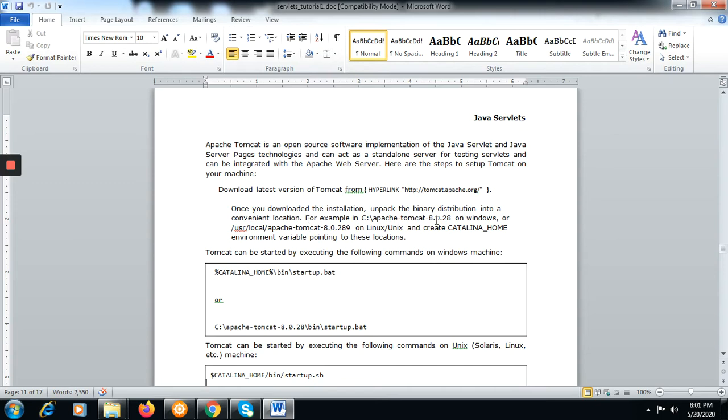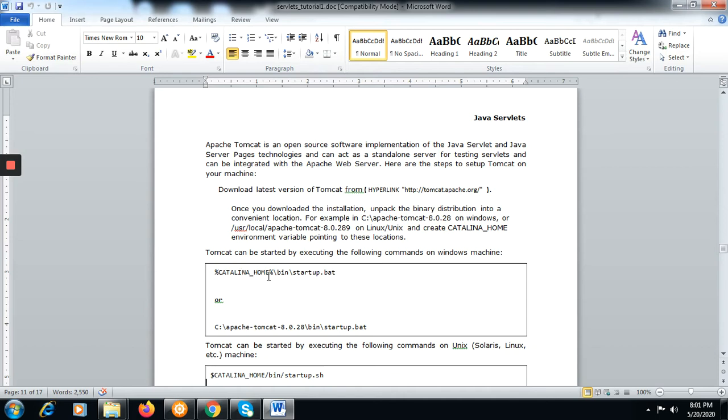Then you need to set up Catalina Home. Again, you need to create an environment variable Catalina Home, and you can give this Tomcat home path. Tomcat can be started by executing the following command in Windows.